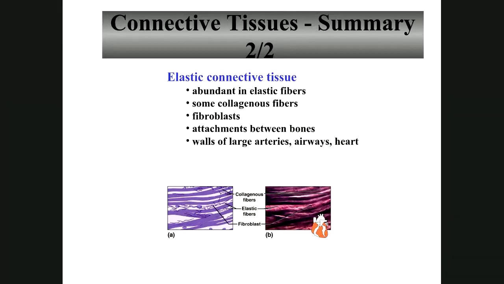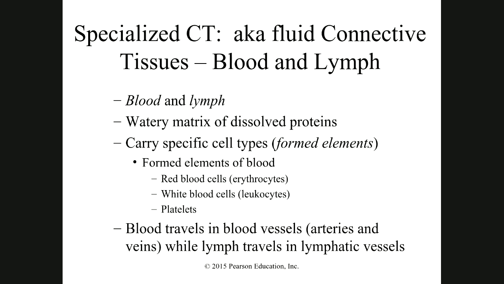Elastic tissue is usually in your blood vessels. An artery has to expand, right? The recoil, expand, recoil. It has to have elastic cartilage, right? Sorry, elastic tissue. But in this case, smooth muscle. Your lung, right? Your lung expands, recoils, expands, recoils. It also has elastic connective tissue. And the heart: expand, recoil, contraction, expand, that kind of thing. All right. Specialized connective tissue, I told you already, which is BBC: blood, bone, and